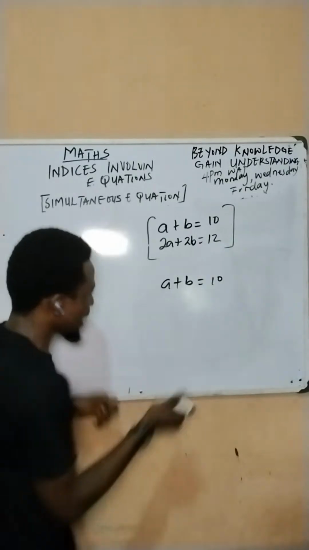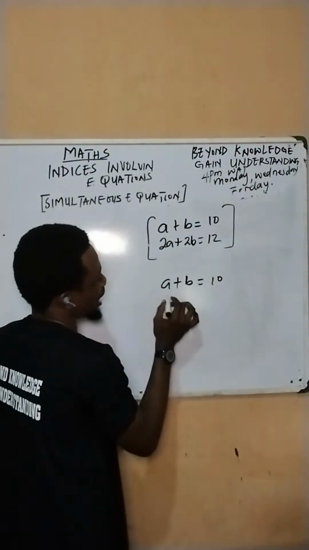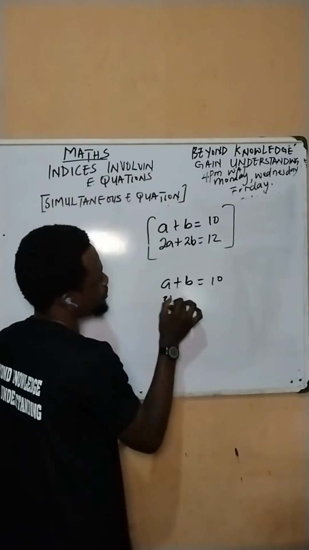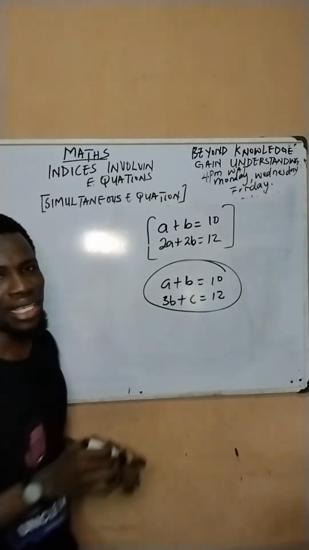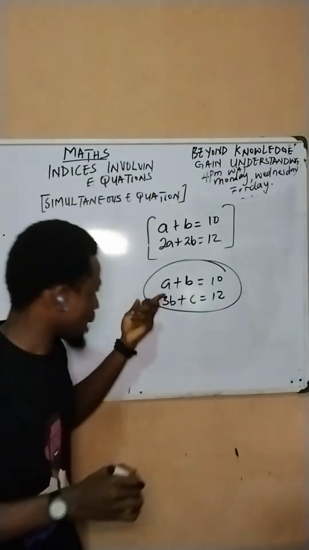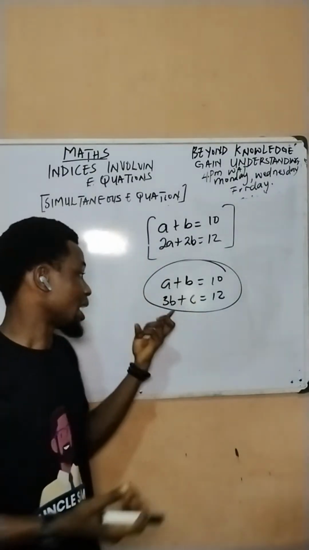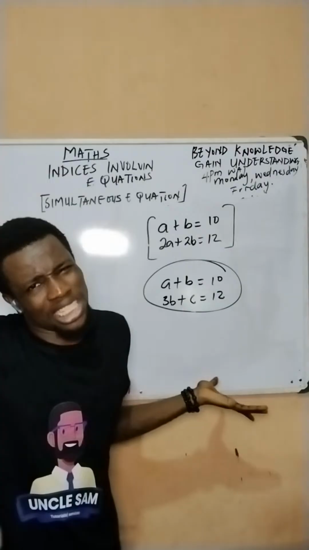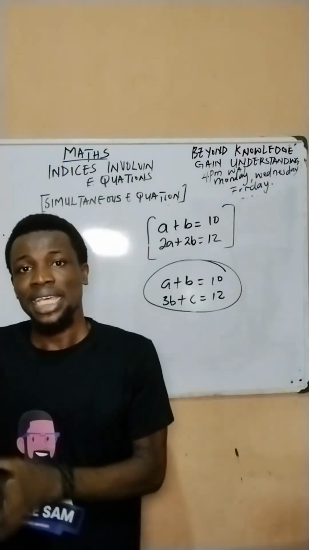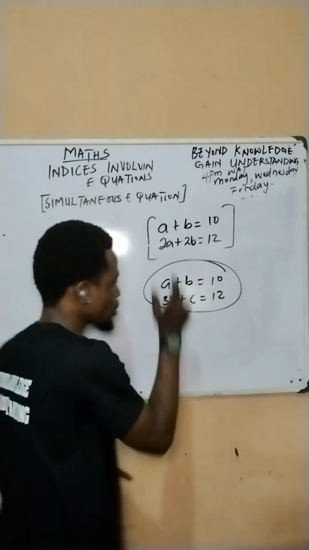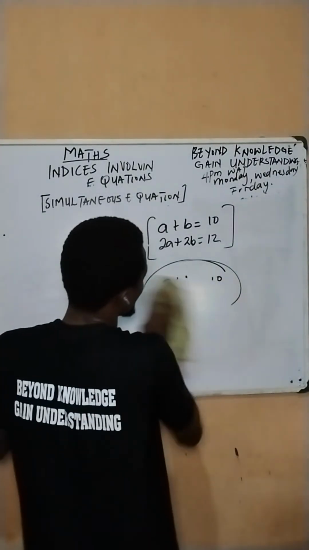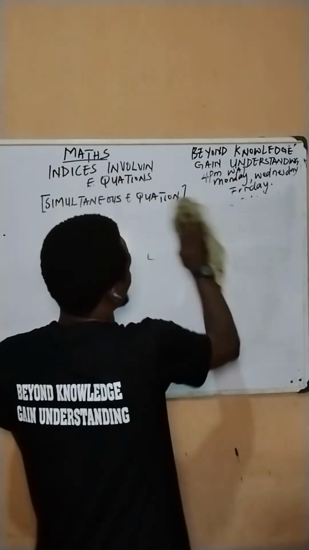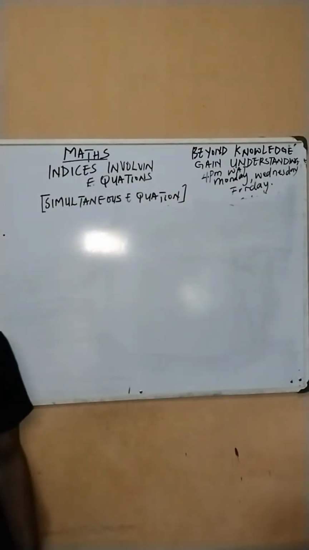variables. What I mean by that is, if I have this expression, 3b plus c equals 12, I can't go ahead to solve this simultaneously, because here I'm having a and b as variables, and here I'm having b and c. There's been a slight change in the variables. So because of that, I cannot use it. The whole idea of solving simultaneous equation is that the variables that you're looking for must be the